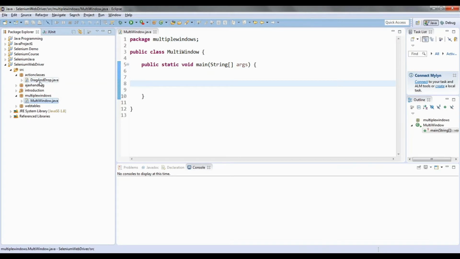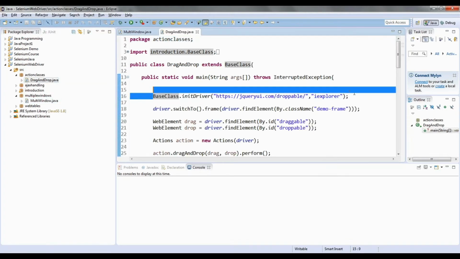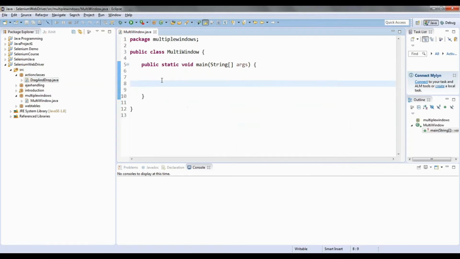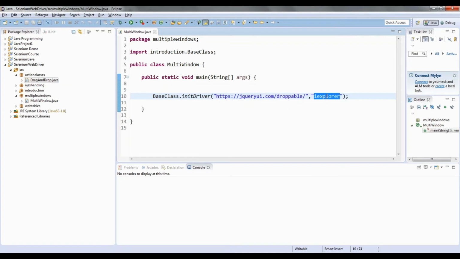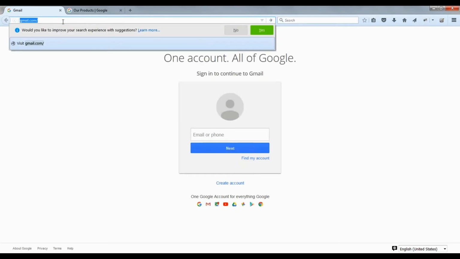Copy the same thing. Okay, so that's my gmail.com.